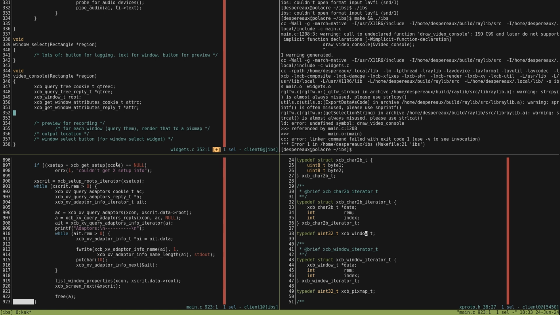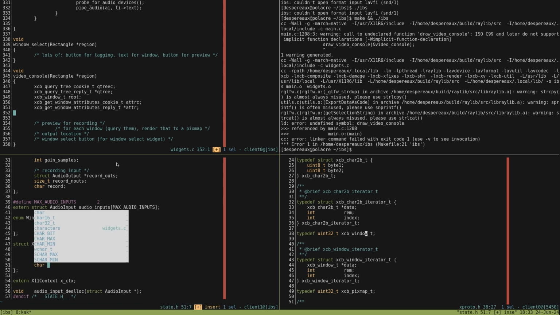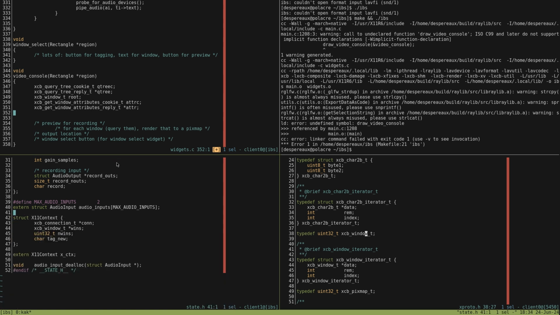And I think the tagged windows are the ones that I want to render. Yeah, no, that's how I'm doing it. I'm not doing this every frame. That is nuts. So we're going to go windows, number of windows. We're going to get rid of that. Yes. We're going to go char tag new. And if you swap the tag from include to exclude,